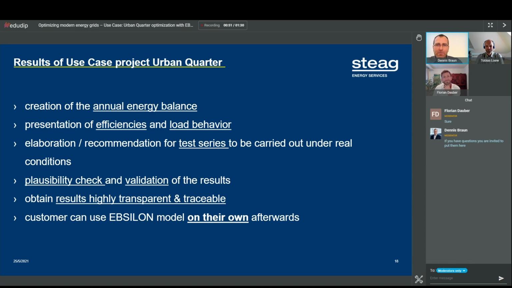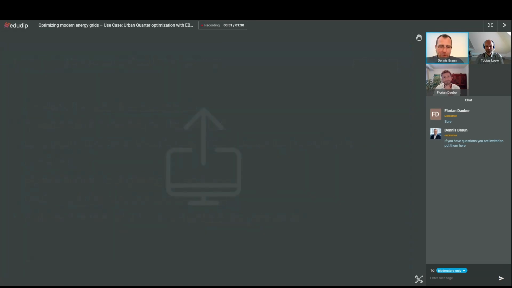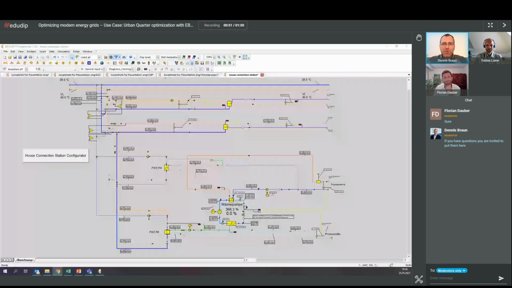So Florian, that is maybe the point to jump back to you, and you can show us more how that looked from your perspective. We will have a two-step approach here. Florian will tell us the project demands, and then we will look at Tobias to say what was there on the table for the developers to solve. So Florian, maybe after my general overview, you could point out a little bit what was really the need and how would you approach that in EBSILON?